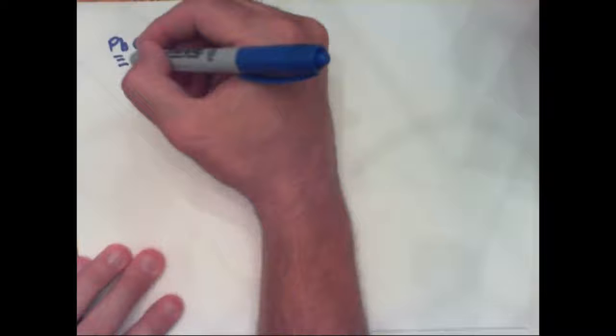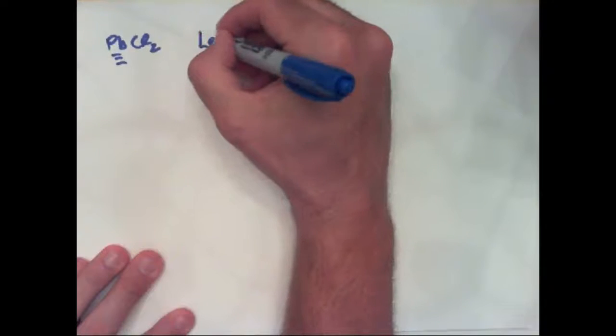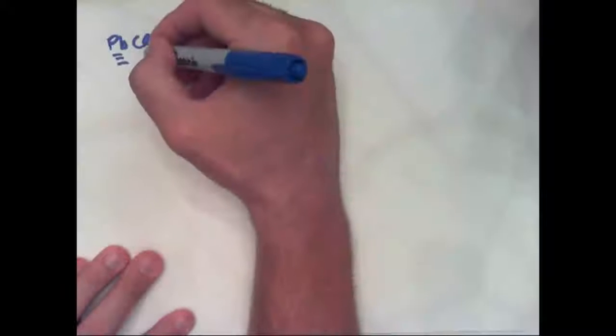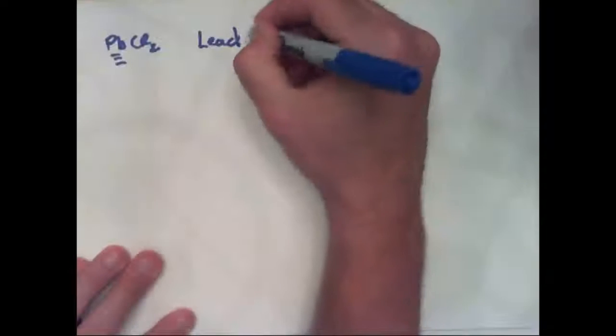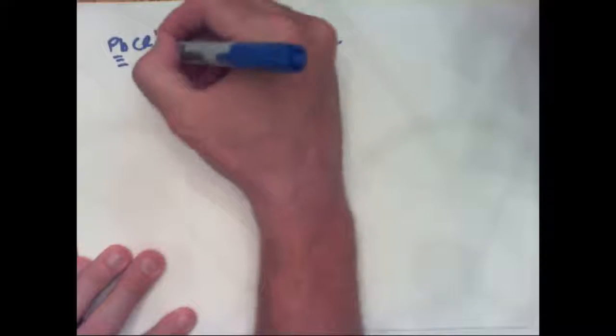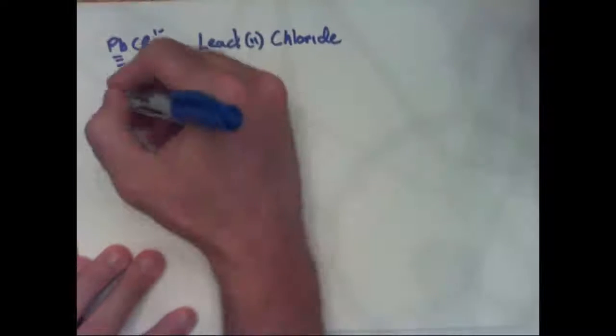PbCl2. Okay, this is a transition metal. So if it's a transition metal, we need to put its charge. So that's going to be lead. Well, we don't know its charge yet, but chlorine we do know. Chloride, and its charge is 1-. There's 2 of them. There's only 1 of these, so this must be lead 2 chloride. And then